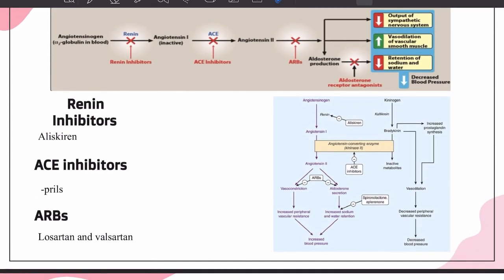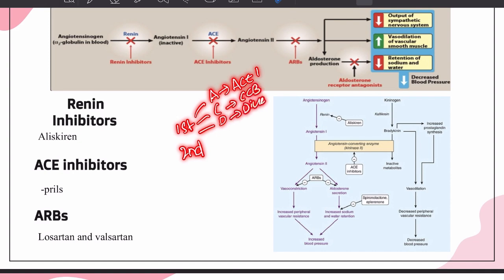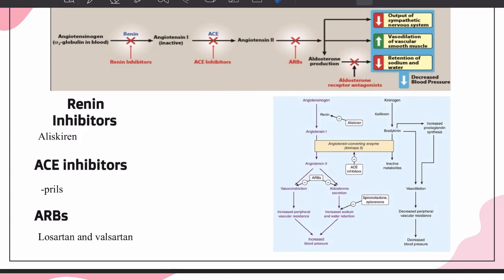Now, antihypertensives, depending on their usage, we classify them, and we'll cover this more in hospital, but we do classify them as first-line treatment and as second-line treatment. Part of your first line, we have 3 main drugs. We refer to them as A, C, and D. So A is your ACE inhibitors, C is your calcium channel blockers, and D are your diuretics. Certain resources might include beta blockers, but beta blockers are part of your second-line treatment, referring